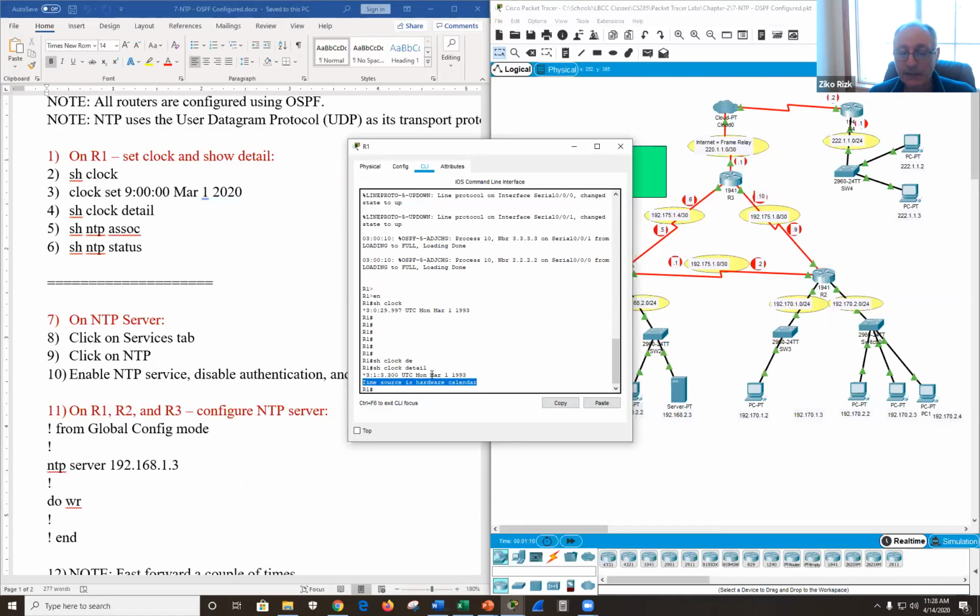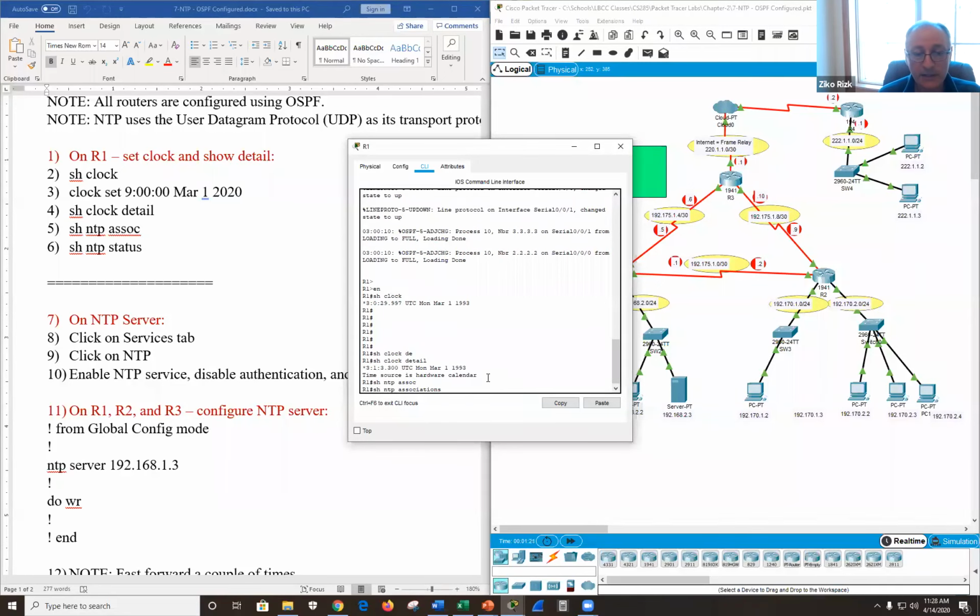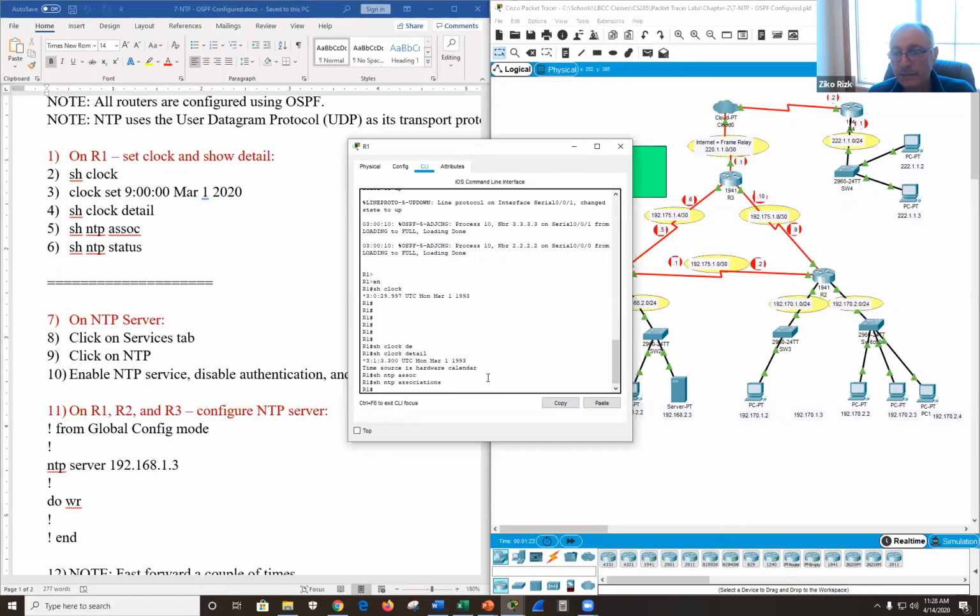This is telling you I'm not synchronizing with an NTP master. This is just what they typed in. Show ntp associations. There's none. I'm not synchronizing. And show ntp status. NTP isn't enabled.